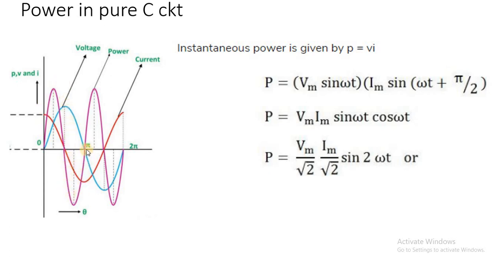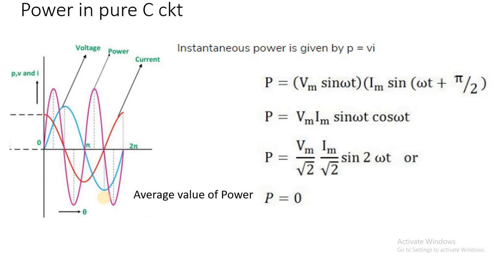As it is taking the full cycle of the power curve, the instantaneous values under the positive half cycle are going to add with the instantaneous values of the negative half cycle. So the positive instantaneous values are going to cancel with the negative instantaneous values when we are taking the integration, or when we are adding the instantaneous values of the power curve from 0 to pi. So the total value is coming equal to 0. So the average value of the power in pure capacitive circuit is also equal to 0, same as pure inductive circuit.